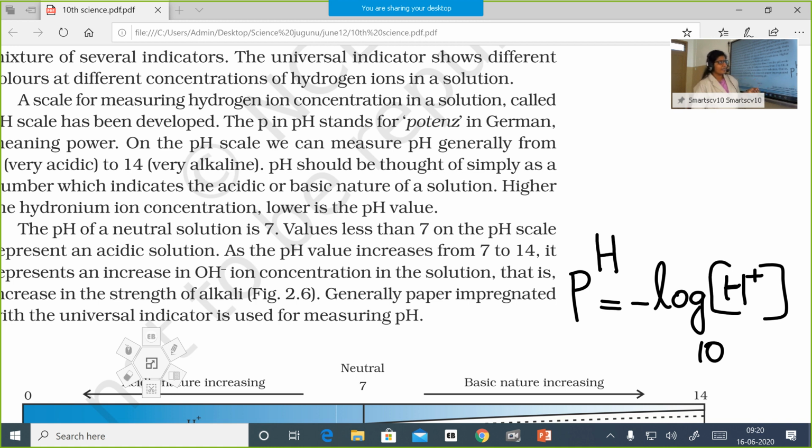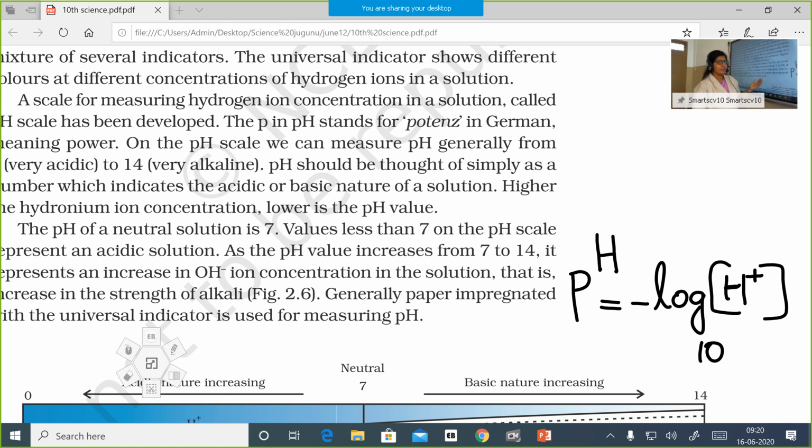Log, I told you earlier, it's a mathematical operator. So pH value is dependent upon the number of H plus. As is very clear from this equation, pH value depends upon what? The amount of H plus ion produced by that particular solution. As the H plus ion concentration increases, because there is a negative sign here, it's very clear that pH value will be decreasing. So solutions which produce more number of H plus ions have the least pH value, and solutions which have less number of H plus ions will have the highest pH value.